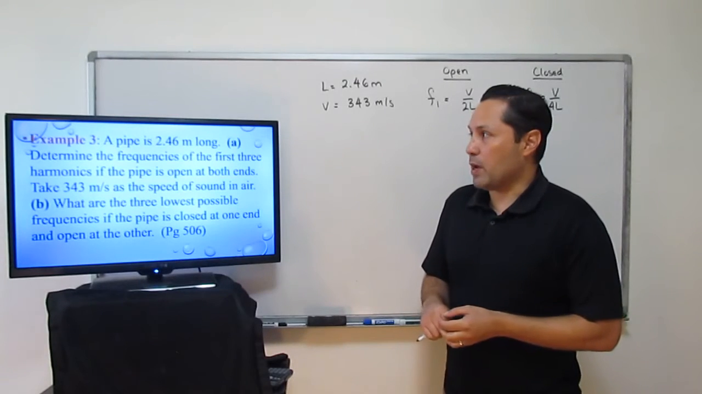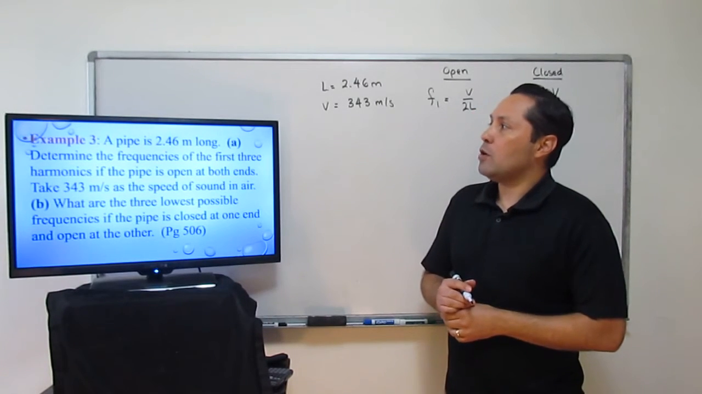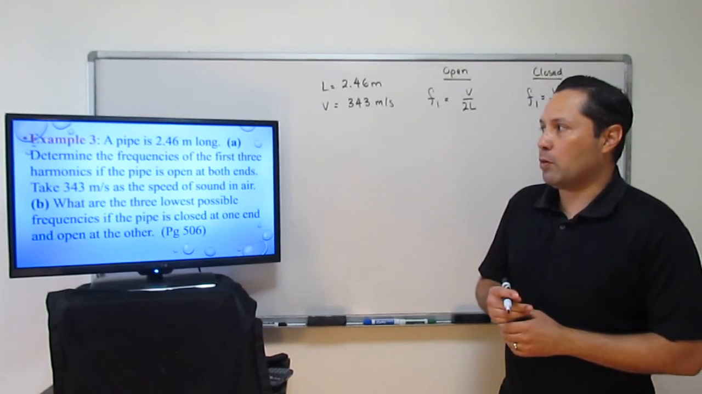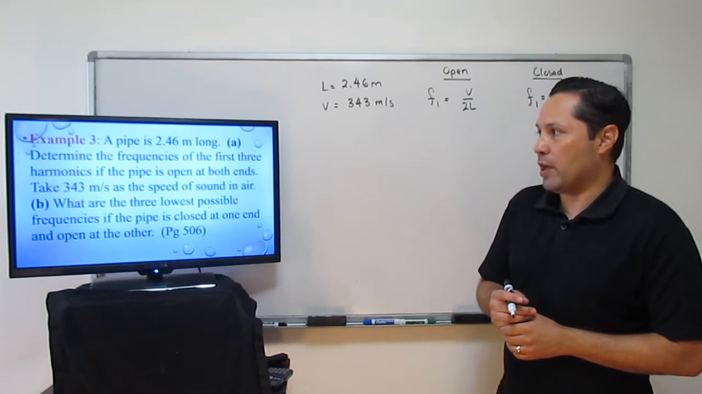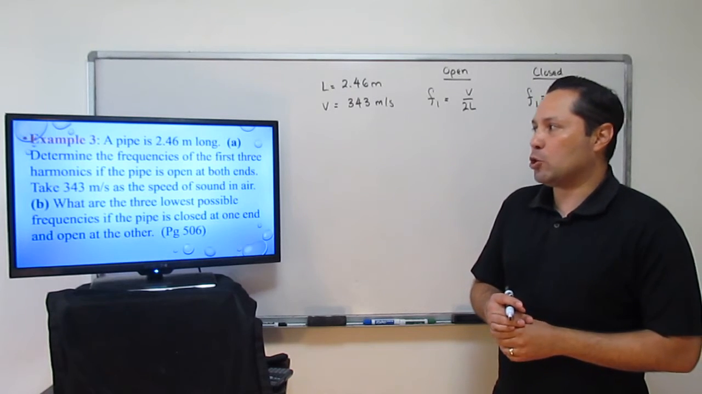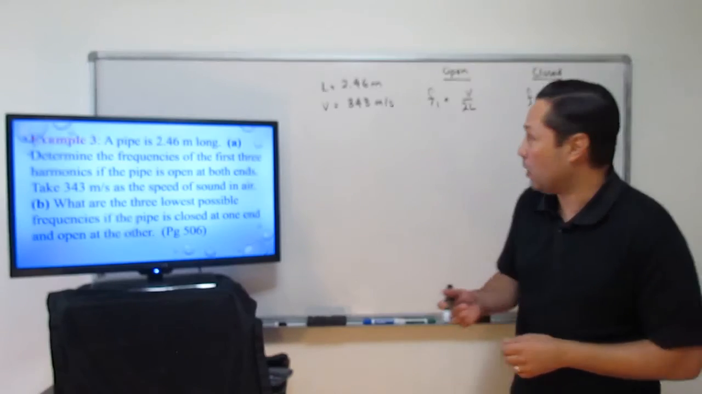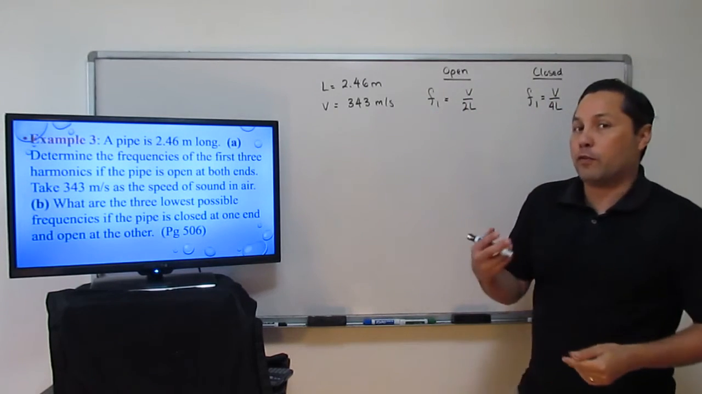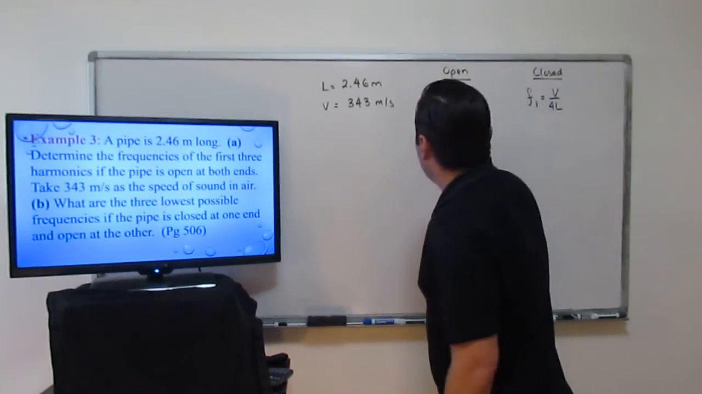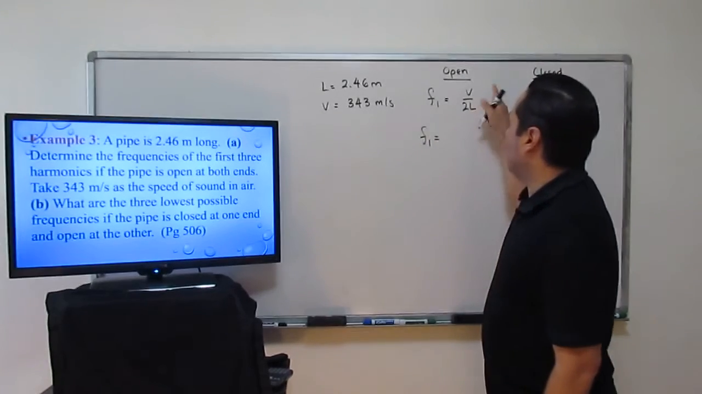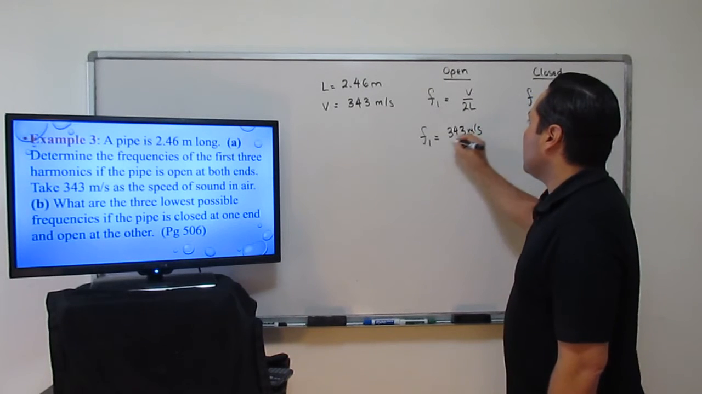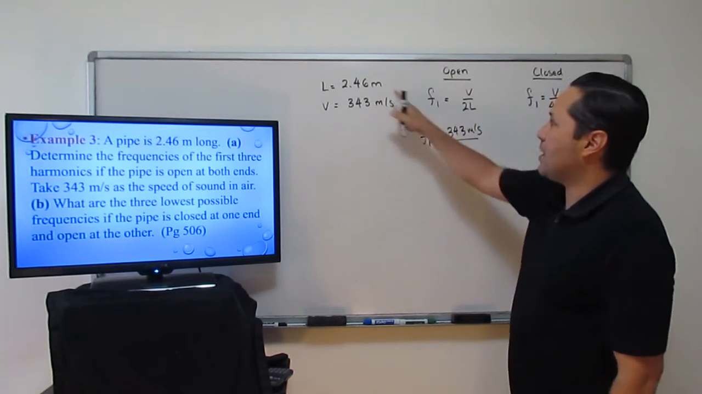In example 3, we're asked the following. A pipe is 2.46 meters long. Determine the frequencies of the first 3 harmonics if the pipe is open at both ends. Take 343 meters per second as the speed of sound in air. So it is open, so we're going to use this formula to figure out the first harmonic. The fundamental frequency is going to be the velocity of the air, 343 meters per second, divided by 2 multiplied times the length of the pipe,